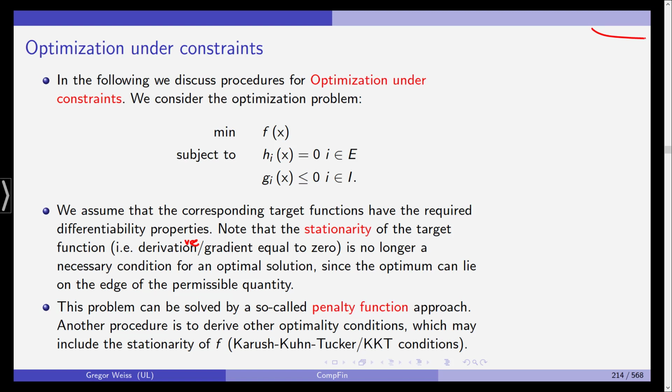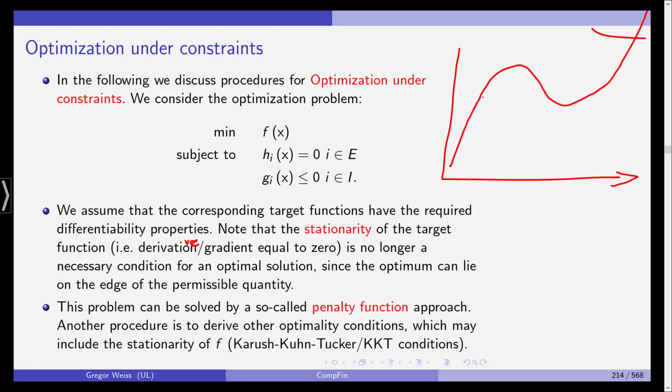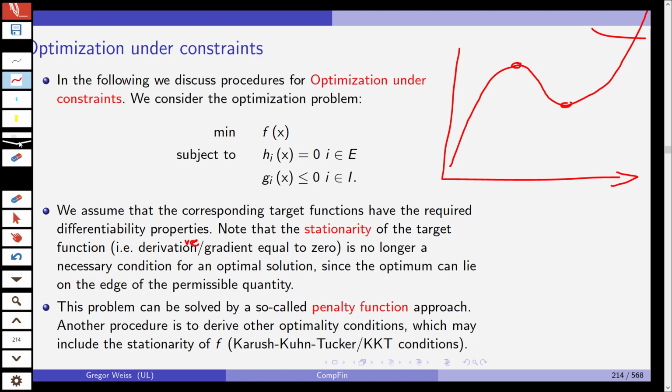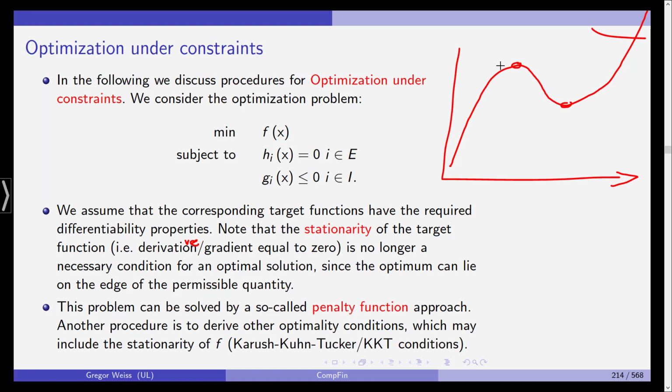is equal to 0 is no longer a necessary condition. Why? Imagine it like this. You have a function that looks like this. And we all know a local minimum and a local maximum will be here and here. And why is that? Because in high school we've learned that we are looking for the points where the tangent to the function, okay, sorry, this is not the best line. The tangent in this point